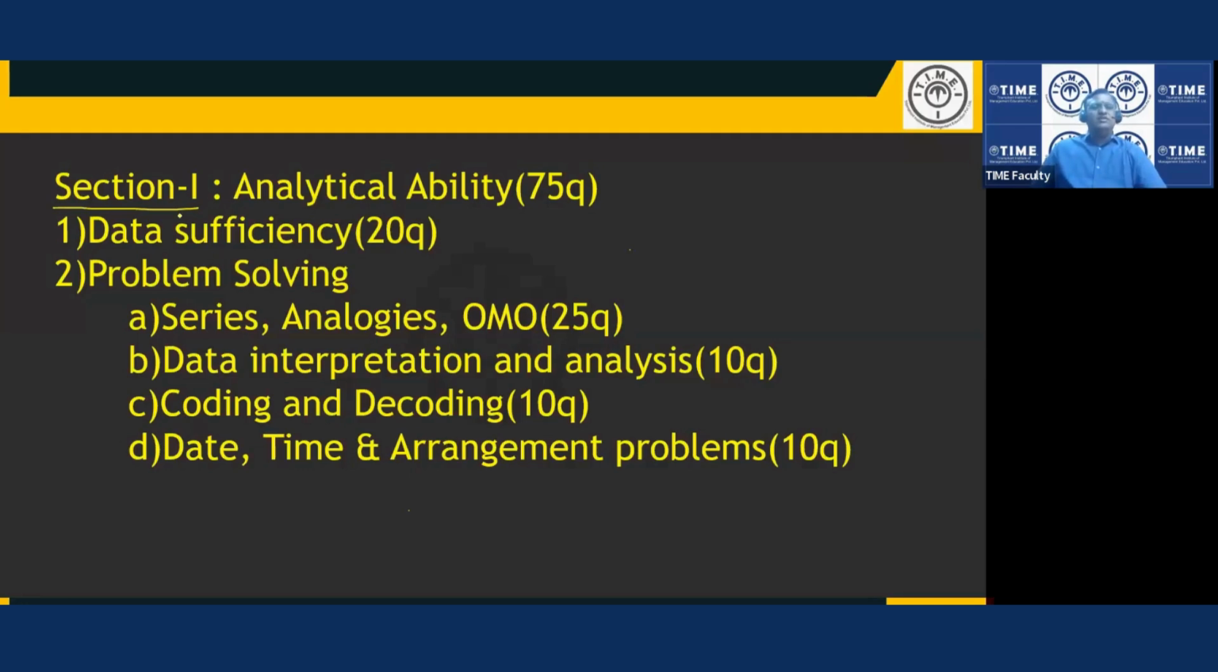In section 1 the total contents are 75 questions. Among the 75, data sufficiency is constantly maintained from the last many years at 20 questions. Continuously exactly 20, not increasing, not decreasing. See, data sufficiency includes again a few questions that are pure maths,